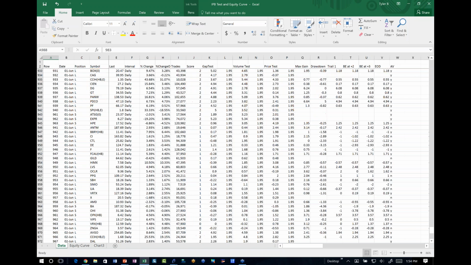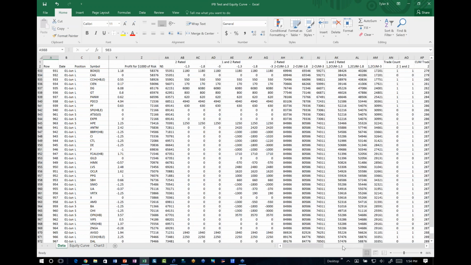So who cares, right? Now let's look at how these results work over time. So from this, I can accumulate what the net gain over time is. So here is the 2-rated trade. So this column right here is the profitability over time for the month using $1,000 of risk. I use $1,000 just because it's a round number. We can figure out what the RR is. So only looking at the 2-rated stocks with a stop at minus 1.3 for the month as of June 1st